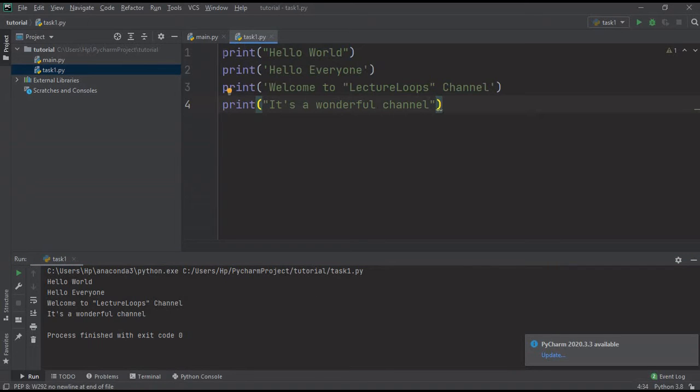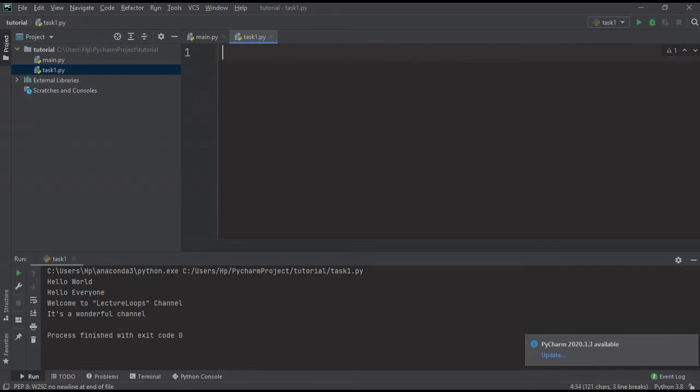Now next we will see how to take input from the user. For that we will use the input method. I'm taking a string as input, so here I'm going to declare a variable name which is a string.